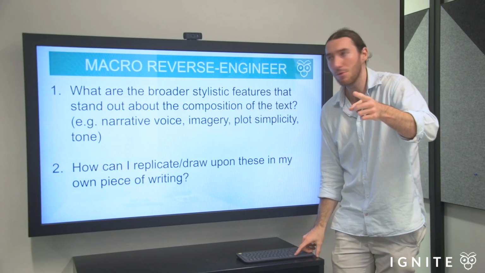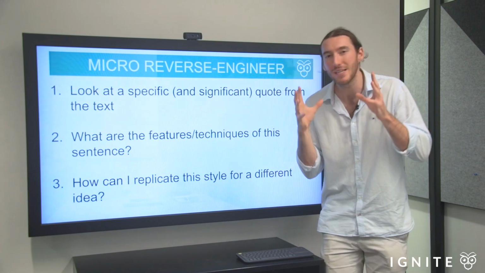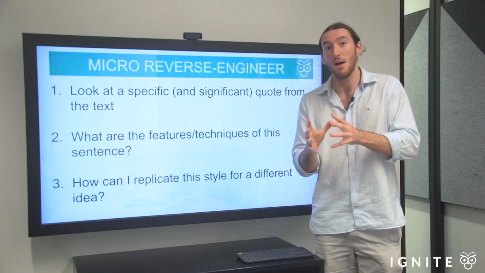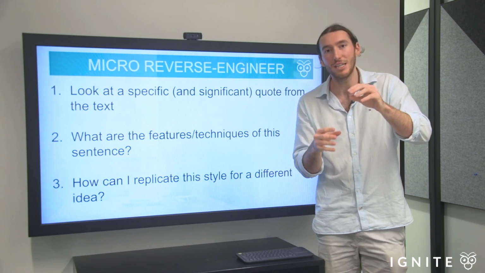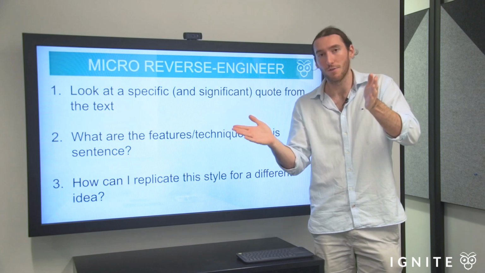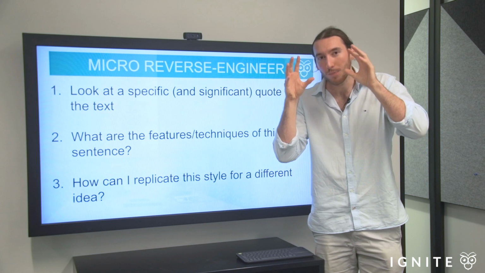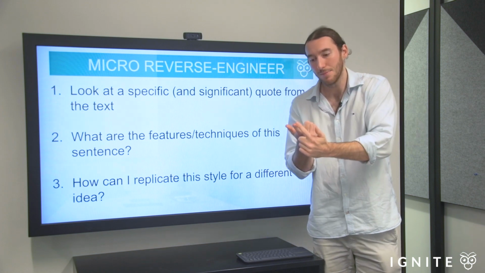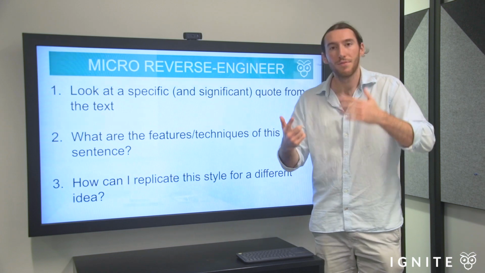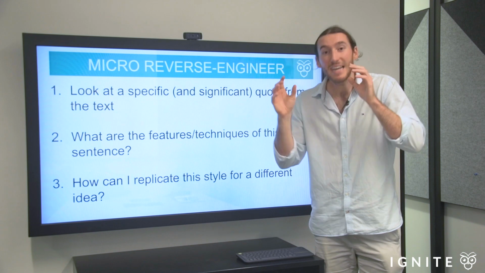Okay, and finally, bear with me. If we're talking about micro reverse engineering, we're looking at the more specific techniques of the composer. We want to zoom in on each individual sentence that they've written, or more or less each sentence. If you're doing a long text, obviously you don't need to do this for every single sentence in it, but you want to look specifically at the text and say, where did they use metaphors? Where have they created imagery? Where have they used a simile or personification? And are they doing that a lot? See how they've done it.